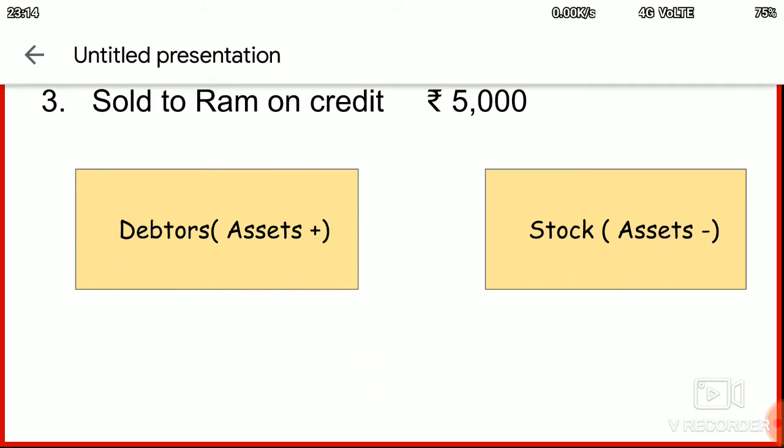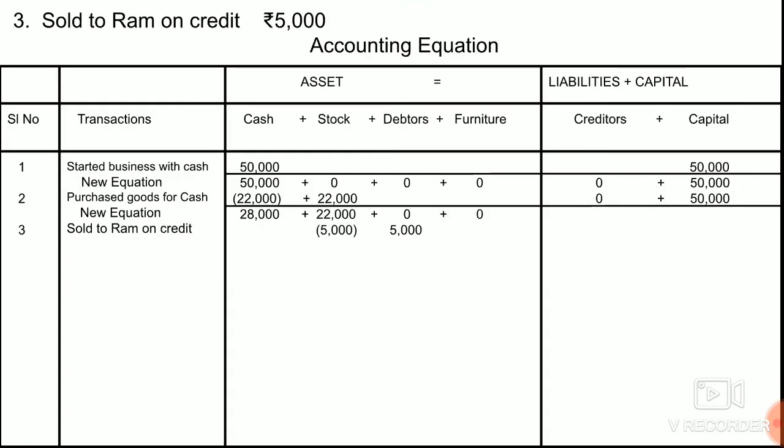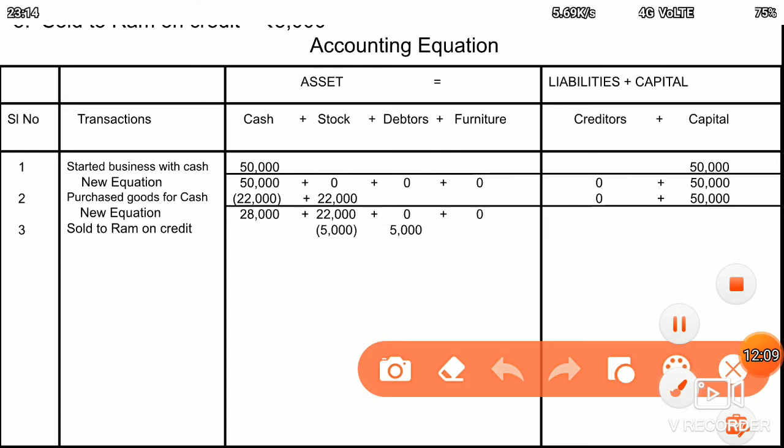So when we place this in our accounting equation, we write the serial number as 3, then we write the transaction, sold to Ram on credit. Stock we will decrease because goods are going out. On the other hand, Ram did not pay, so Ram is a debtor for the organization. The debtors have increased by 5,000 rupees. So the new equation is,